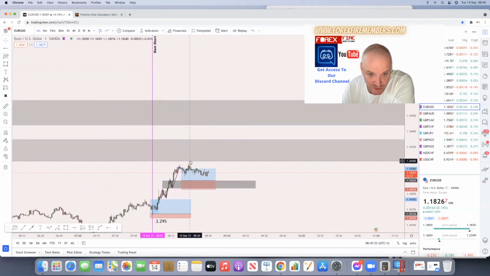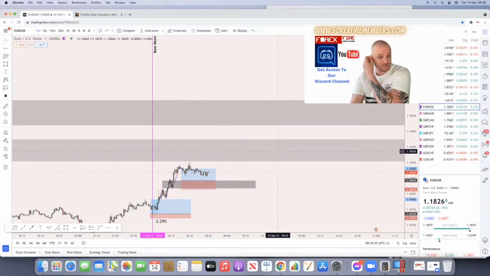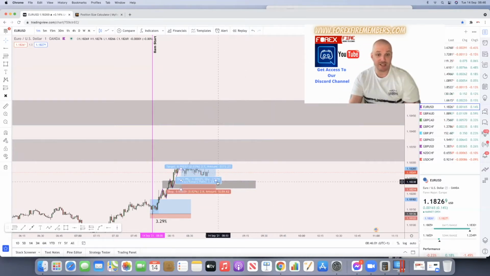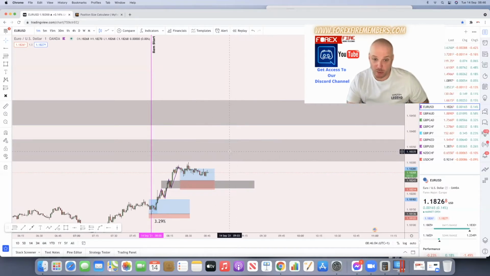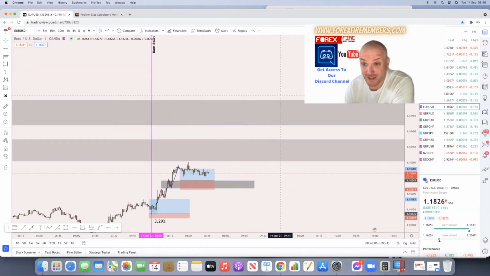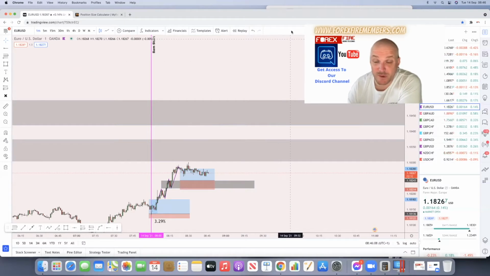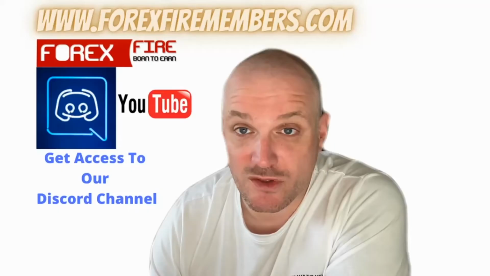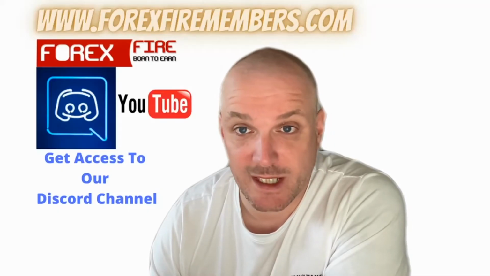If we get a break of structure, I'm going to wait until possibly we're well into this order block on the 15 minutes if we don't get an entry on here, and then I'm going to play it out from there. So I'm going to pause the video and we'll head back in a moment. Remember, always have a notepad with you if you want to take notes. Just going to stop the share and pause it from here, guys.